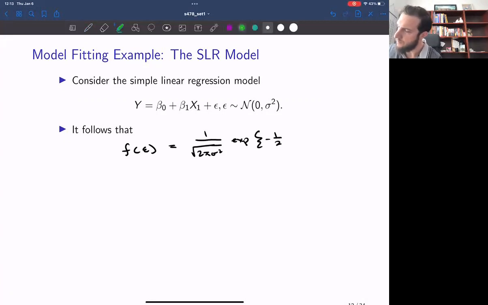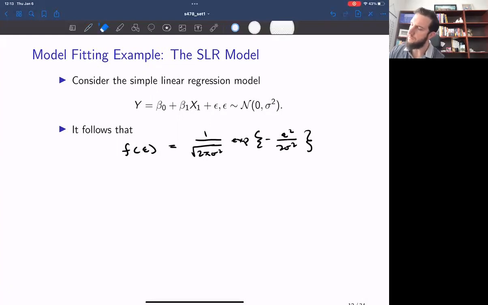I guess I'll follow the way I have it written here. So this is going to be epsilon squared over 2 sigma squared, right? So this is just the density of the normal distribution being applied to this particular value, epsilon. Okay, and then from this, it's easy to show that the likelihood of beta 0, beta 1, and sigma squared